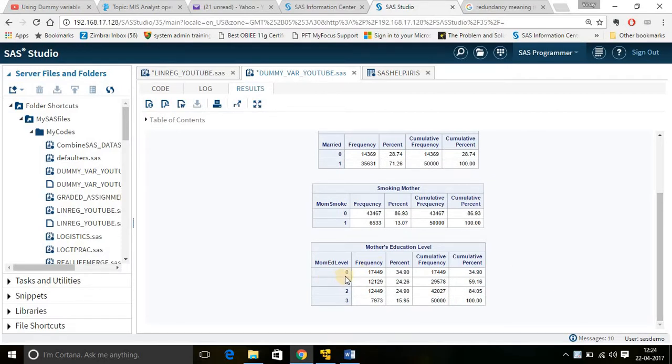Education level, now again we have levels, and this is something where we can say that level 3 is the highest, level 0 is the lowest. So there is a difference. It is an ordinal categorical variable. So how do we deal with that? In the Muslim, Christian and atheist case, there was no order. But here we have order. So how do we deal with that?